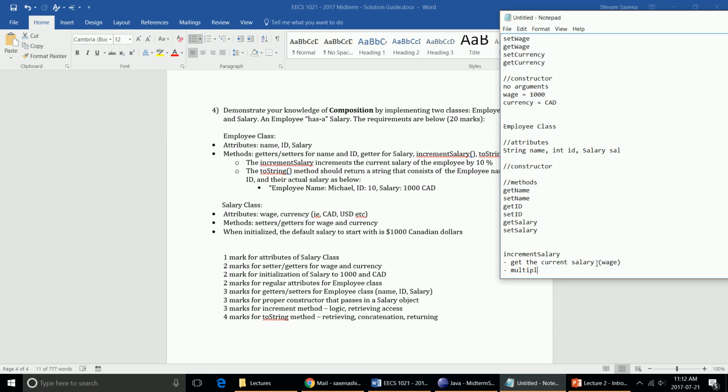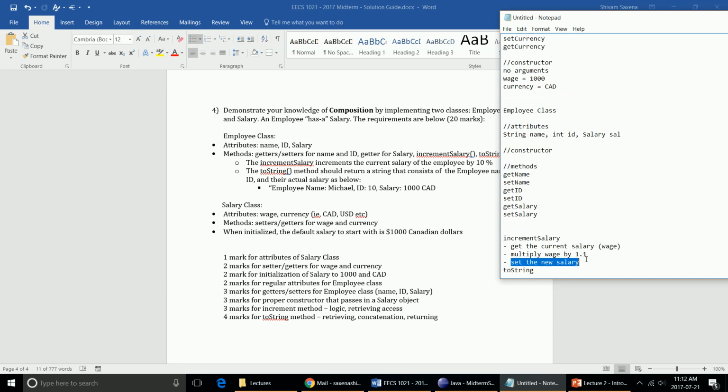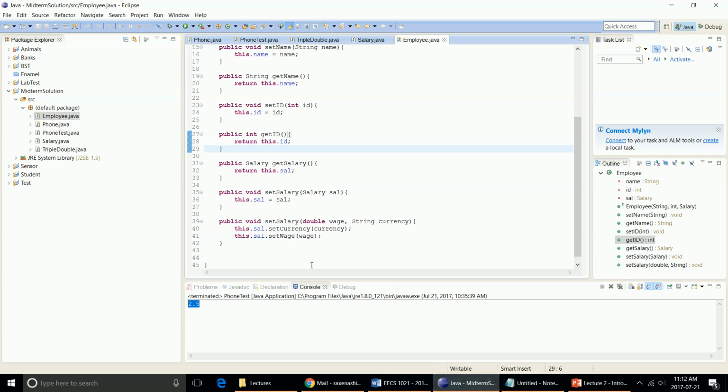Multiply wage by 1.1, and then here's where most of you missed it. You still need to set that salary back. Set the new salary. Because just by multiplying the wage by 1.1 and leaving it at that doesn't update the employee's salary. You still need to set that new salary for the employee to reflect those changes. Okay? So if I go